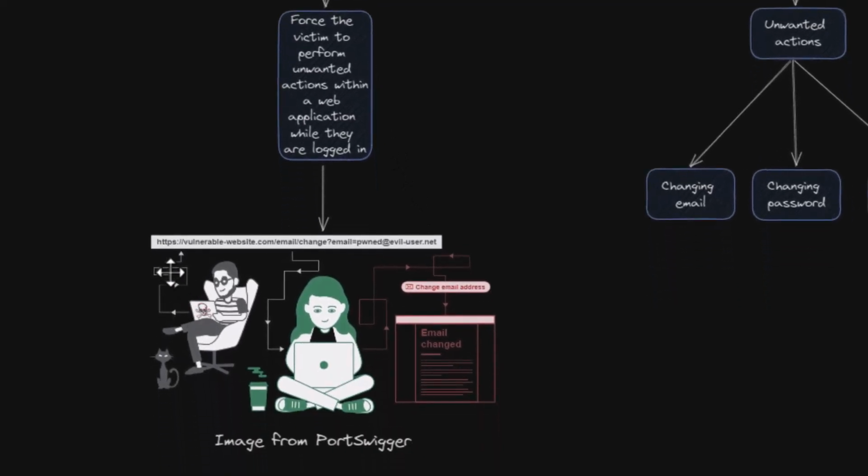To further clarify, picture this. A hacker is crafting a malicious link targeting users that are logged into a vulnerable website. Meanwhile, the victim is logged into the vulnerable website and going about her usual activities. Out of nowhere, she receives a seemingly harmless link, and without suspecting anything, she clicks on it. In an instant, the hacker seizes control by changing the victim's email address to his own, effectively taking over the